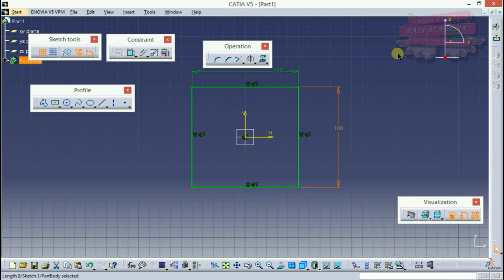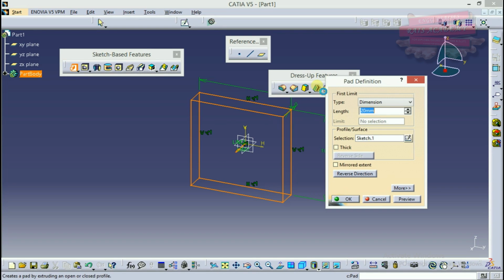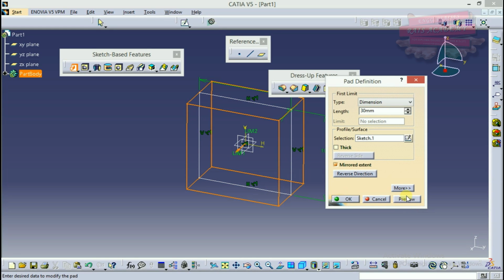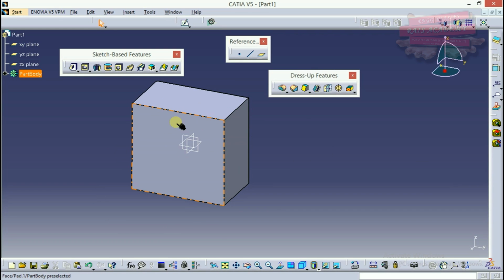As you can see, my sketch has turned green. It means it is fully constrained. So I'll exit the workbench. Now I'll pad it 30 in both directions, so I'll select mirrored extent. Okay, preview. So I've got a 3D model.